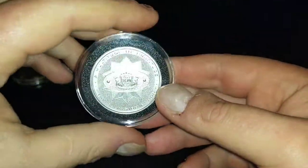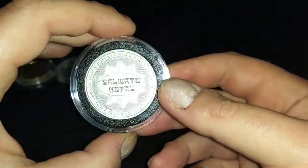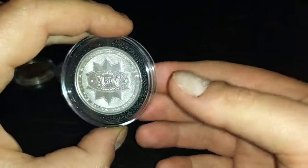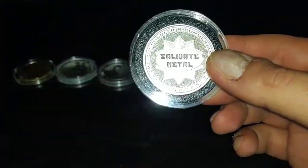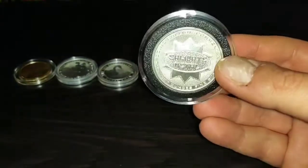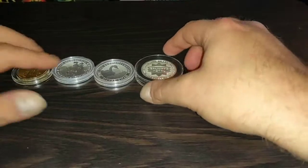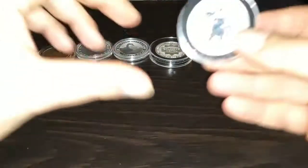I think it's a beautiful piece. I know I've shown this in better detail on previous videos when I've purchased it. In fact, I believe these are available now on the APMEX website for those who may still be interested in ordering one. So, for sake of community members and a great guy, that's number 4 on my list. Again, not in any order. I'll say that 100 times, you get sick of it. Next on the list,